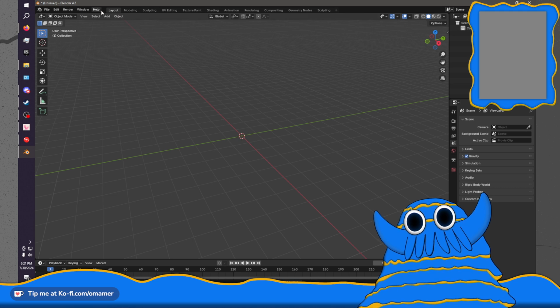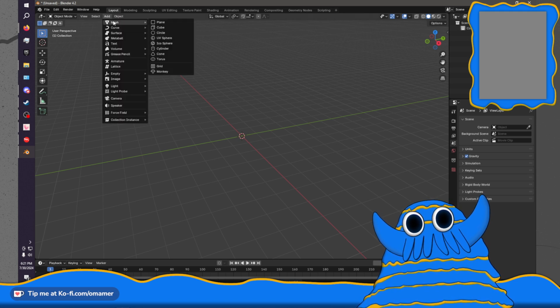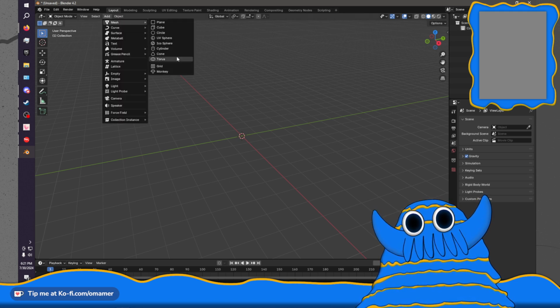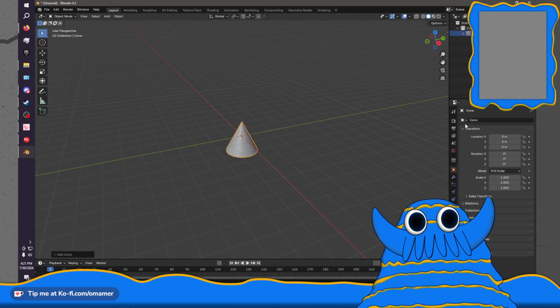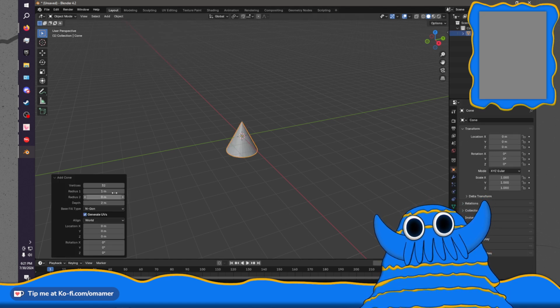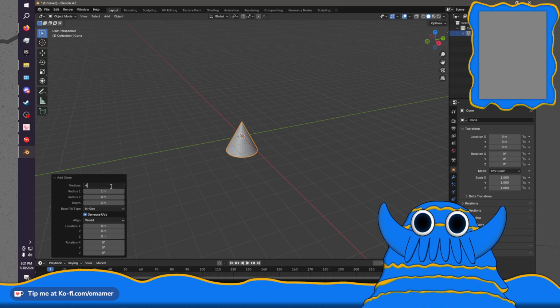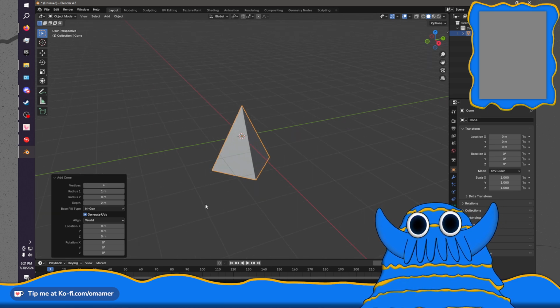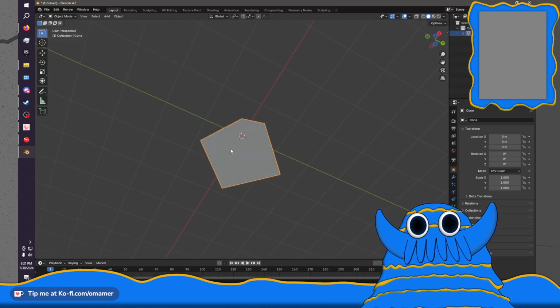So let's delete all the default objects, add a cone, then come into the settings and change this down to 4. And now we got a nice little pyramid. So now we're already halfway there.